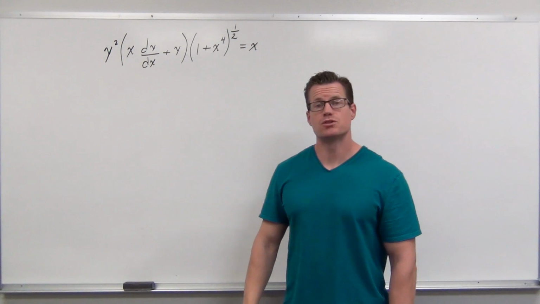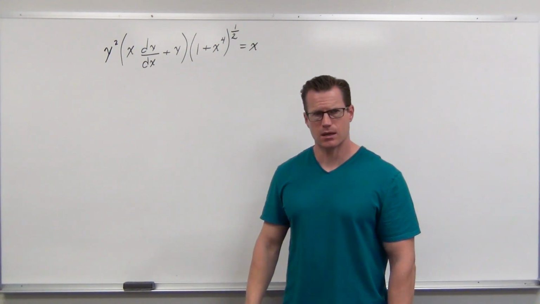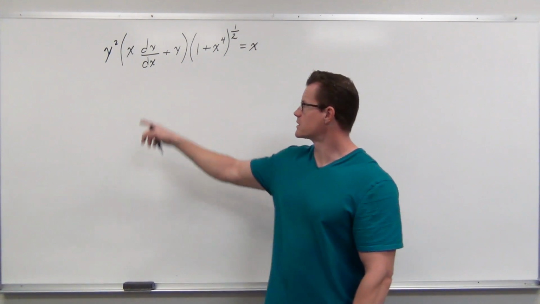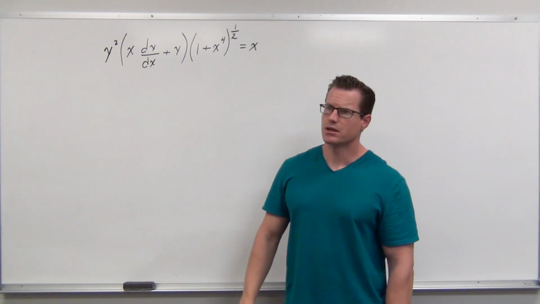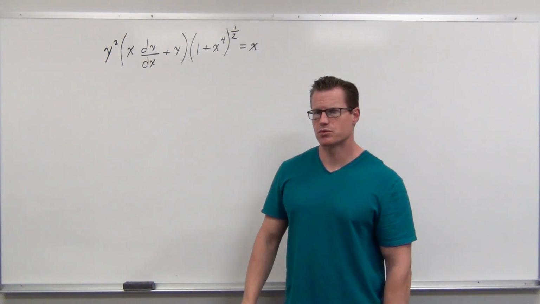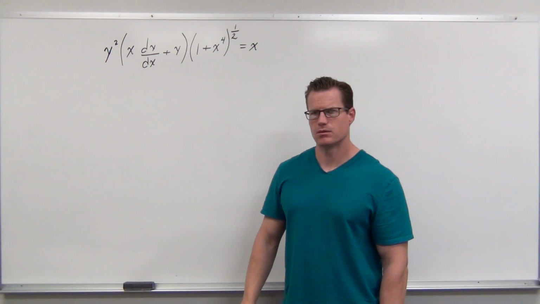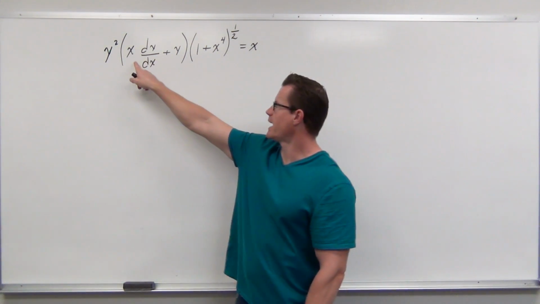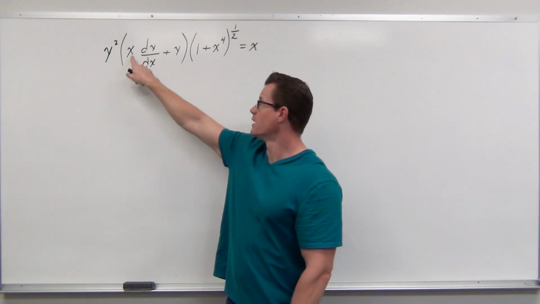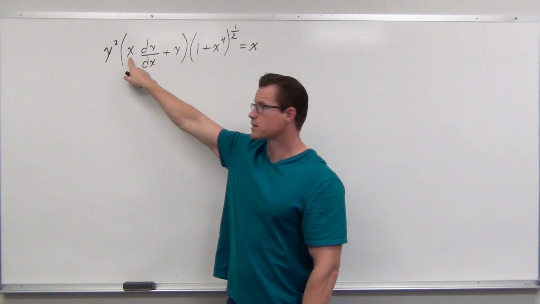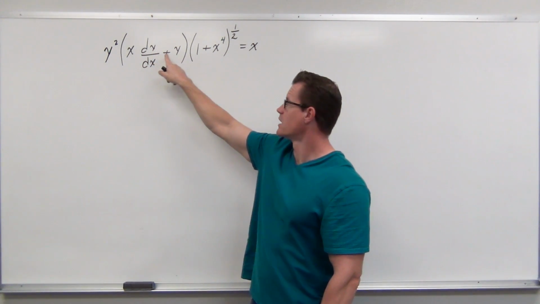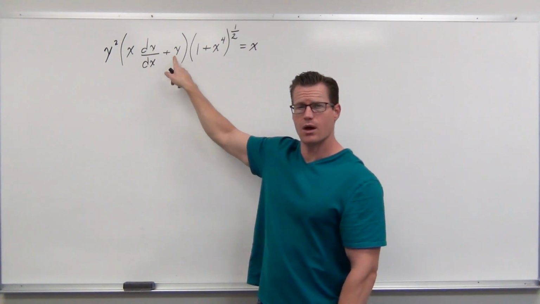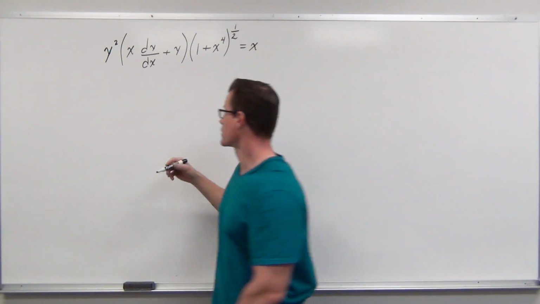So maybe I look at the derivative part. Okay, well, let's think about this. Let's look at x dy dx plus y. You know, that looks like the result of a product rule right there, doesn't it? Yeah. Well, wait a minute. If this was the result of a product rule, x would be part of the product. Derivative of x is 1. Derivative of y is dy dx. y would be part of the product. So this comes from the result of a product rule of